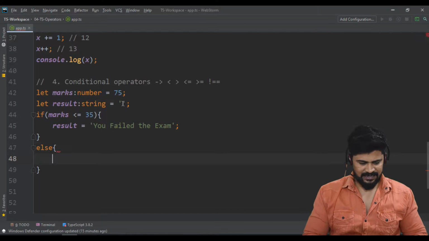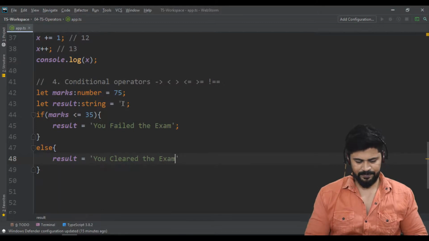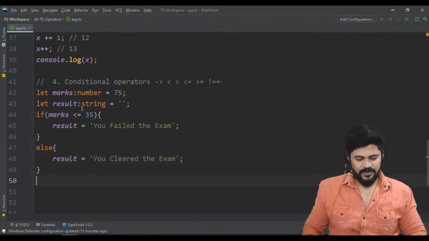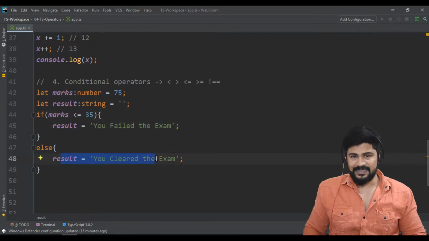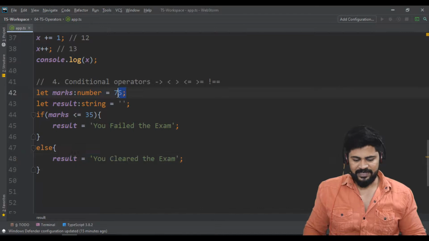So else result is equal to you cleared the exam. Okay, so if this condition is success, you get this output. If this condition is fail, you get this output. Okay, so marks is 75, so 75 is less than or equal to 35. So condition fails means is more than 35, so you get cleared the exam.